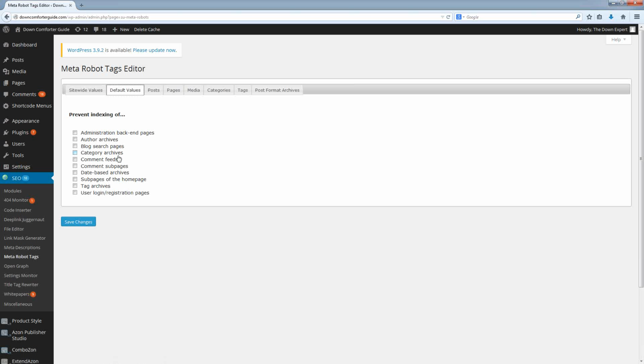On this page here, you have options to prevent the indexing. This is the actual search engine indexing of different portions of your site. So you have different options here that relate to a different portion of your website. You can see tag archives right here and category archives. These are the two main ones that you would likely want to block if you were using the post and